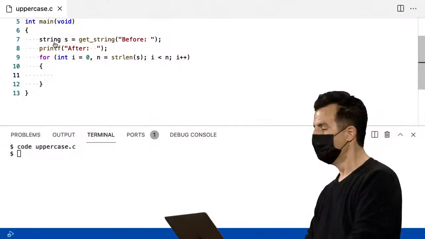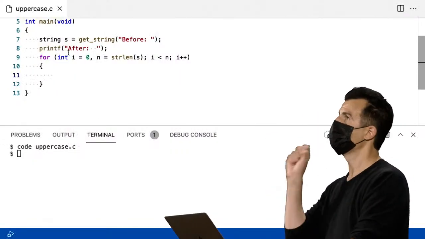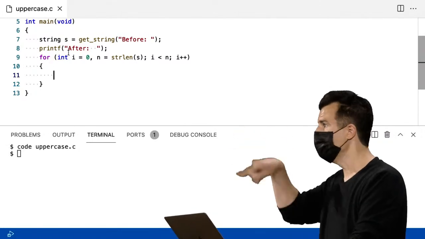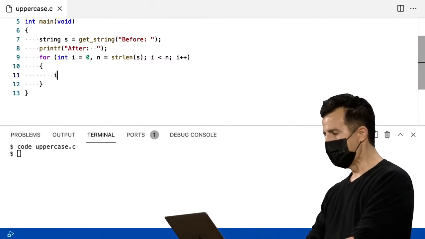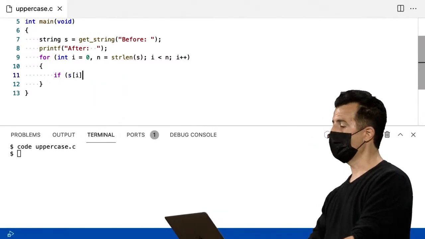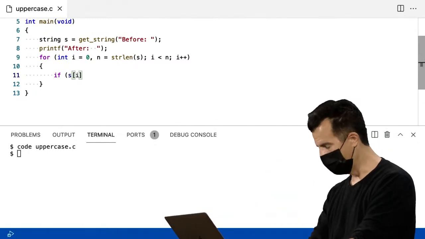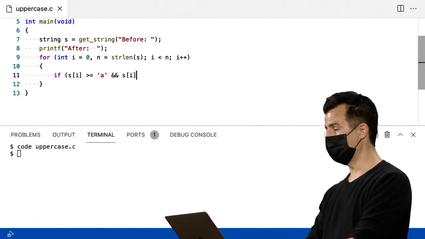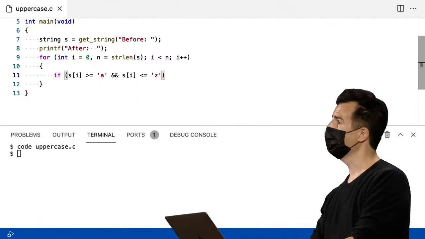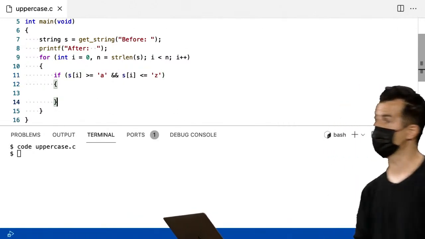So, all right, there's some arithmetic here involved. But now that we know that strings are just arrays, and we know that characters, which are in those arrays, are just binary representations of numbers, I think we can manipulate a few of these things as follows. Let me go back to my program here and first ask the question, if the current character in the array during this loop is lowercase, let's force it to uppercase. So how am I going to do that? If the character at s[i], the current location in the array, is greater than or equal to lowercase a, and s[i] is less than or equal to lowercase z,